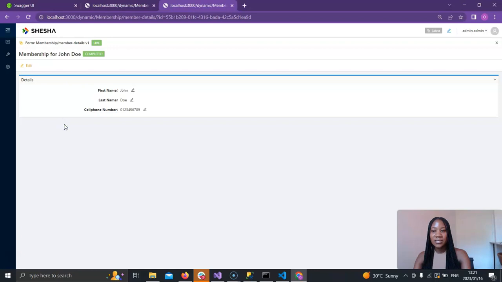Great, and as you can see, we're navigated to the member details view, which is on version 1 and is set to live. We are on the membership details for John Doe. As you can see, the dynamic values did swap out the full name and change that out for real values. First name of John, last name of Doe, and cell phone number of that